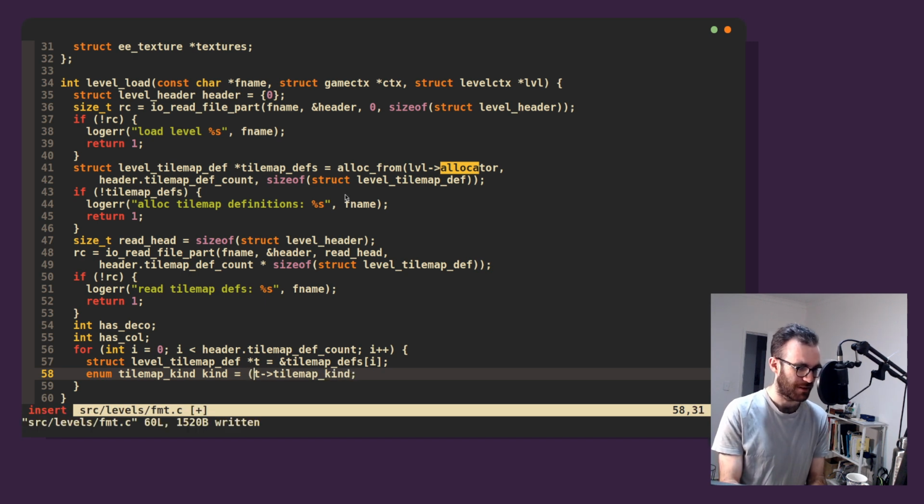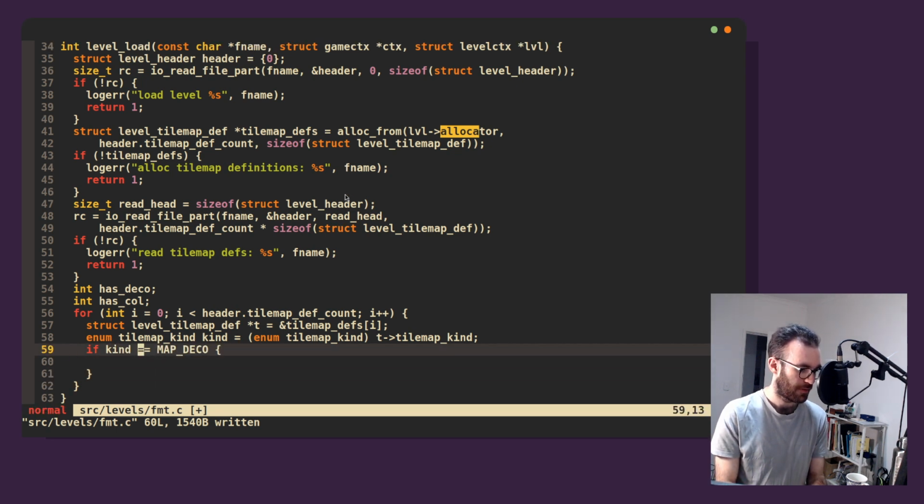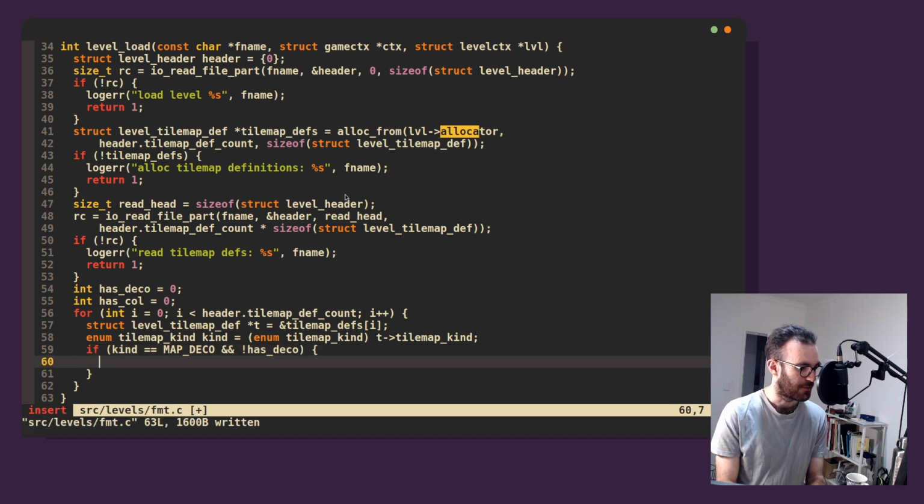And we just cast it into an enum, because that's okay. Excellent. So if kind is map deco, then if this is the first decoration map we've seen, not has deco, let's make them both equal to 0. I mean, these are bools, but we're just going to do it the old-fashioned C way. I think that's fine. So if it's a decoration map, we don't have a decoration map yet, we go level